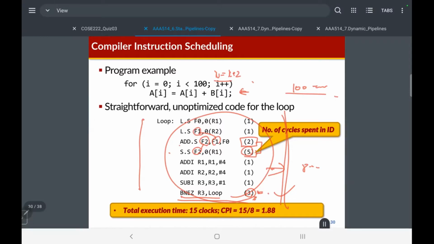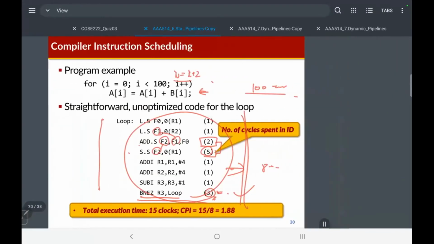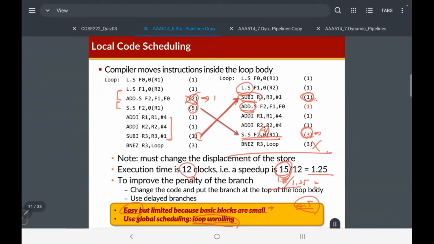Another problem is that floating point arithmetic instructions take more cycles. If the following instructions require the result from the former floating point instructions, then we need to wait until the results are ready in the processor. That's a waste of cycles, so performance can be degraded. In order to avoid this case, the compiler needs to reorder